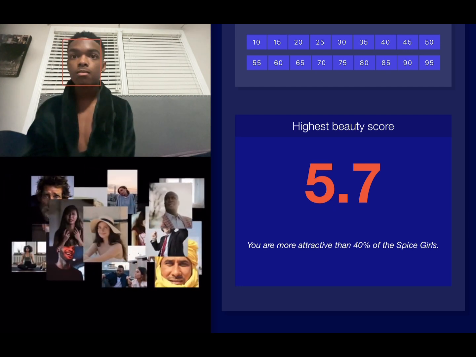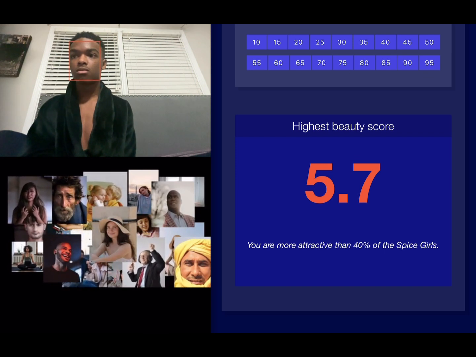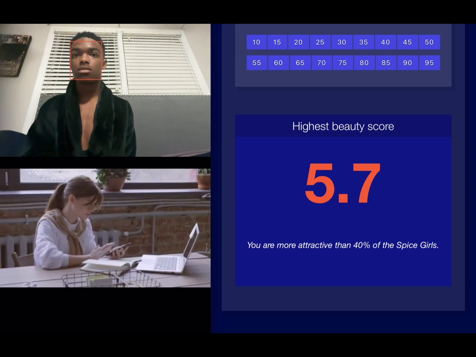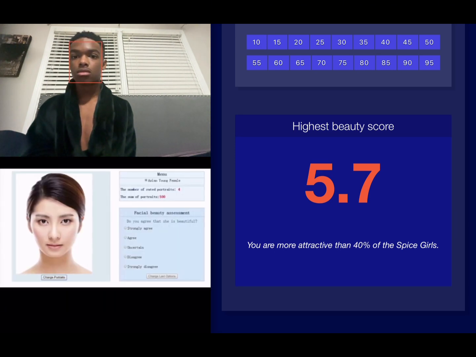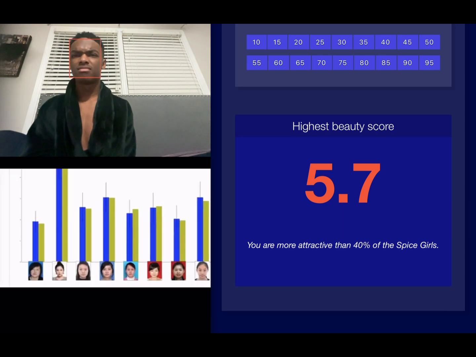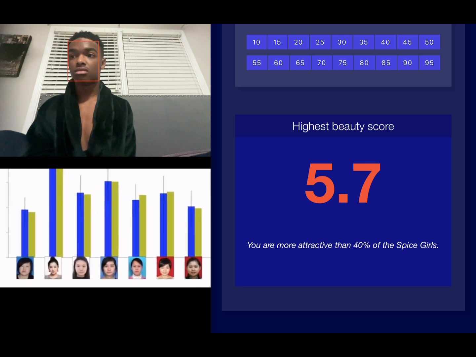To make an algorithm like this, you need to train it using tens of thousands of example photos that each already have a beauty score. Rating all these photos is often done by students at universities. If you ask Chinese students to give their opinions, their cultural perceptions of beauty will transfer over into the algorithm, which might lead to unpredictable effects when it's used to judge people from other cultures.